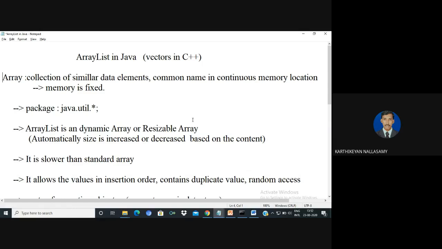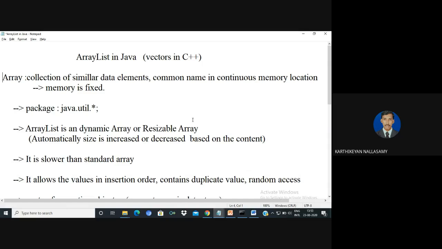Also, you are unable to store more than 10 values, because the size of the array is fixed. So insertion and deletion are limited to a fixed amount of memory, and once it is allocated at runtime, it is unable to be resized.